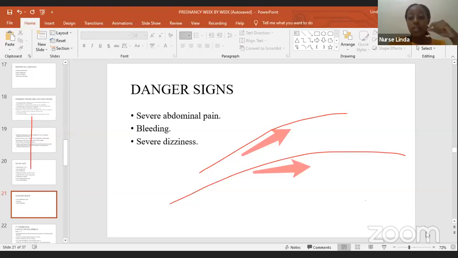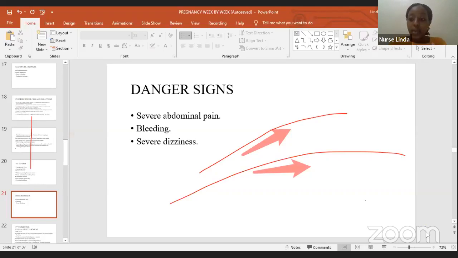An ectopic pregnancy is a pregnancy that occurs in the fallopian tubes. We said fertilization occurs in the fallopian tube, but then the embryo is implanted in the uterus. But in the case of an ectopic pregnancy, the embryo is implanted in the fallopian tube. And the fallopian tube is very, very tiny, that cannot allow the growth of this embryo to a term fetus. So that is what we are calling the ectopic pregnancy, and it may present as very severe abdominal pain amidst other causes of severe abdominal pain in pregnancy.